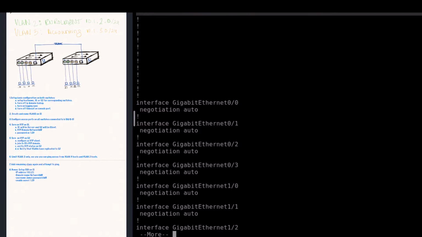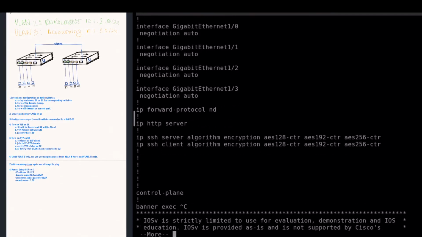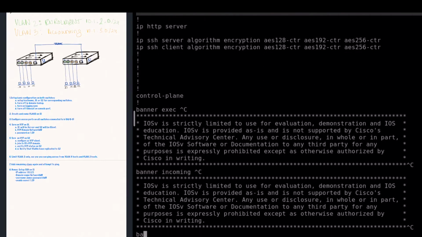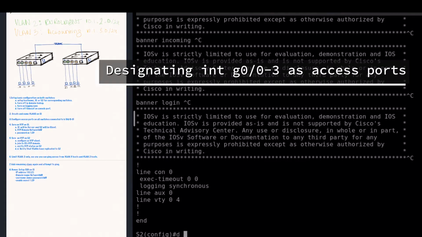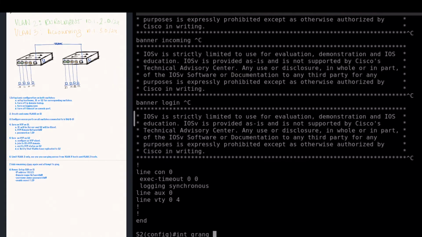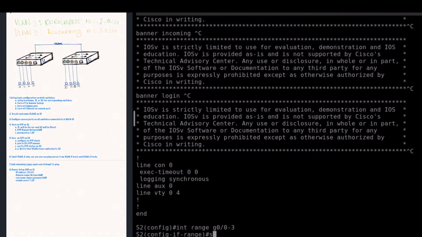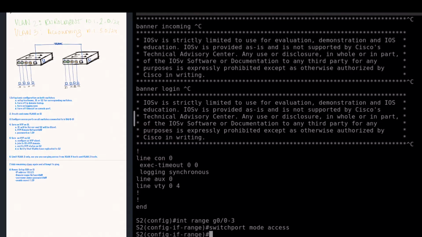So on negotiation, it's just showing set as auto. That's not access. So interface range gigabit 0 through 3, switchport mode access. All right,